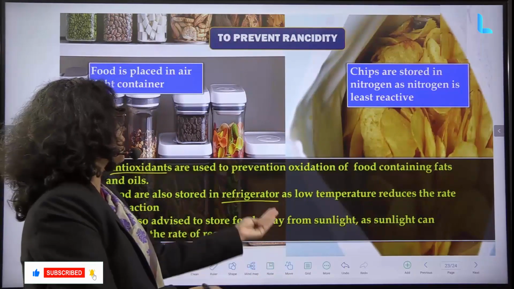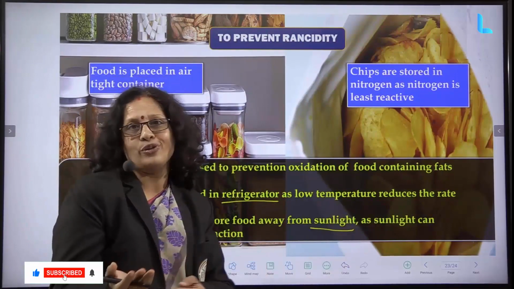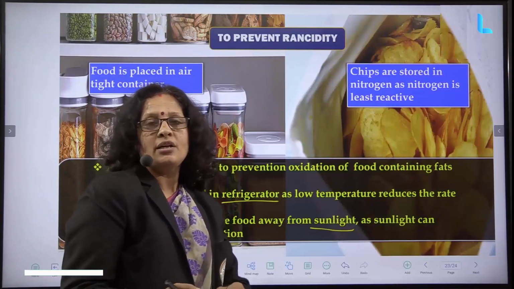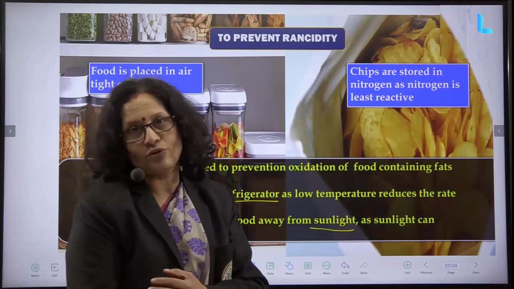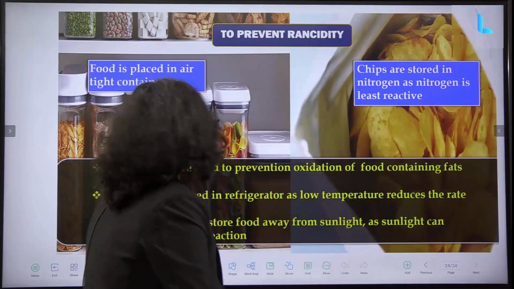Then we are advised to store food away from sunlight. Why? Because sunlight also can increase the rate of reaction. In the presence of sunlight, solar energy is given and the rate of reaction will increase. So you have to keep food away from